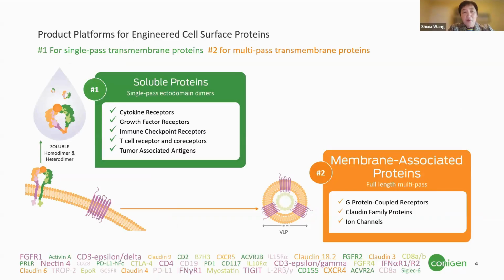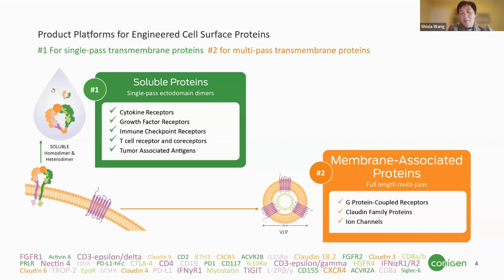Those natural dimer proteins on the cell surface include many receptors, for example, cytokine receptors, growth factor receptors, immune checkpoints, T-cell antigens and B-cell antigens, tumor-associated antigens, and also other dimer molecules, for example, integrin. And the second platform focuses on the more complex